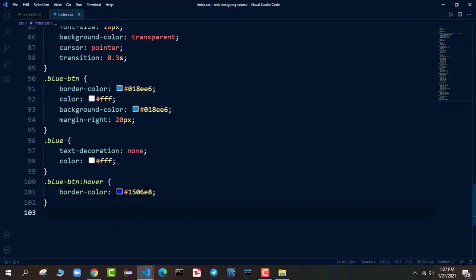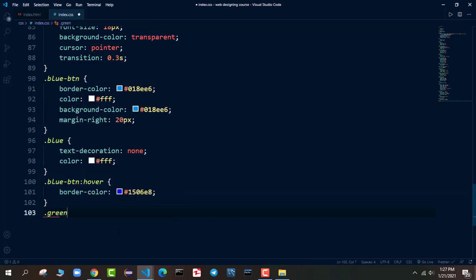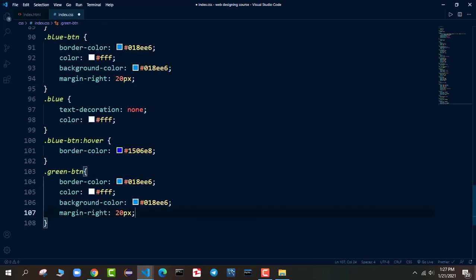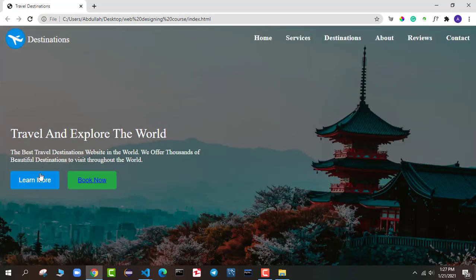Now let's go for the green button. So I will say dot green btn, and let me copy these functionalities. These will be same, but the only thing that will be different is the color. So let me change the color, and we want this color. If I go back, you can see we got this color,